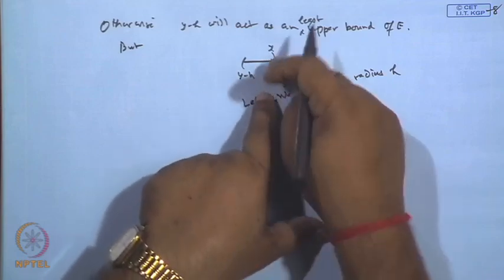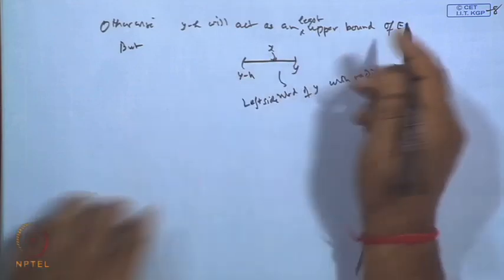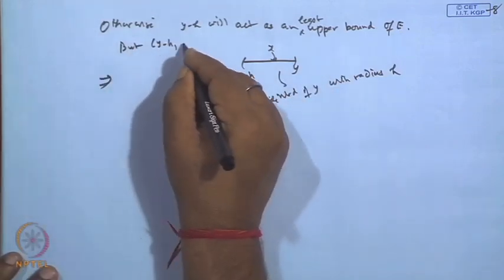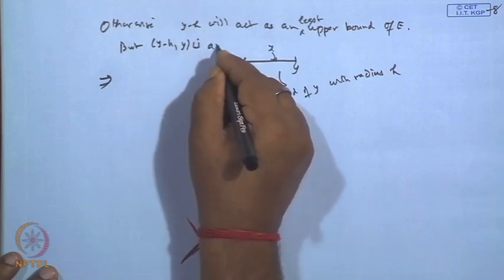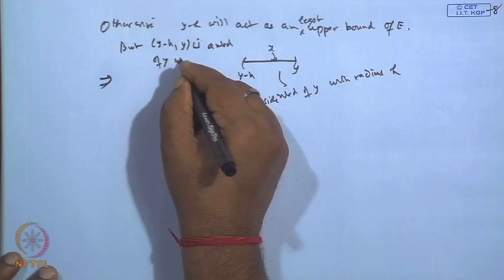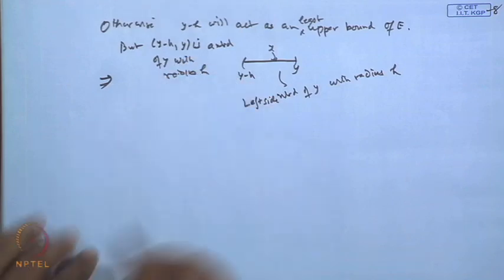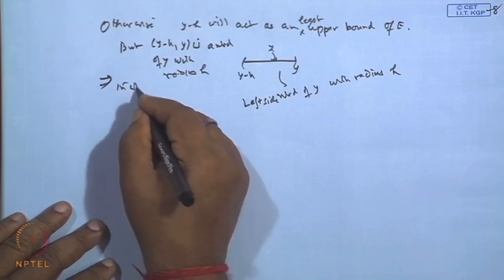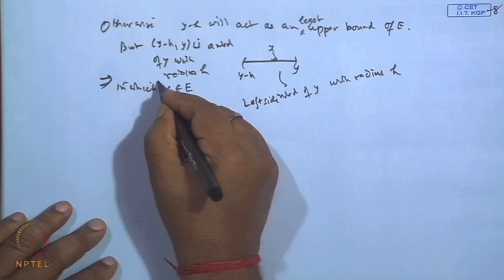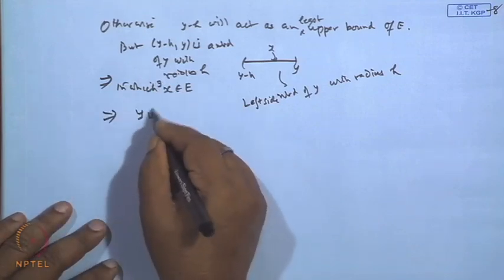It means every neighborhood of y will include at least some point of E. This is a neighborhood of y with radius h, in which there exists a point x in E. So, this shows that y is the limit point